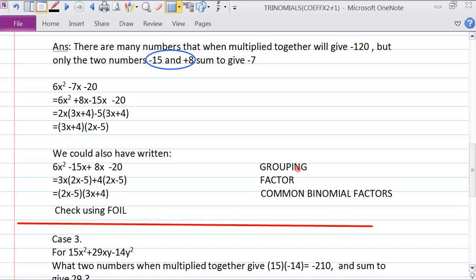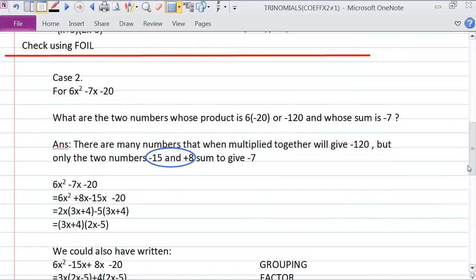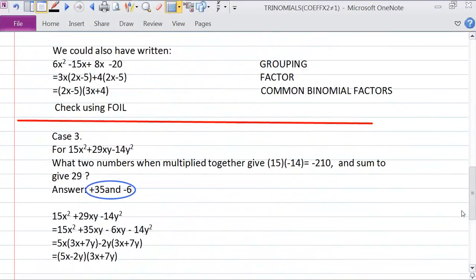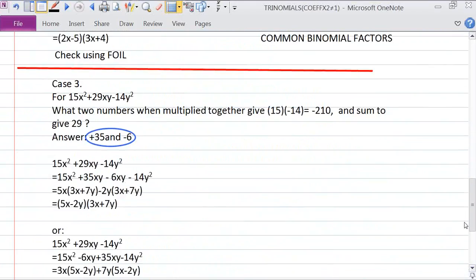So what I've done here, I've done the grouping, and I factor, and then I get the common binomial factors, which is exactly what I did over here. Okay, so here, case 3,